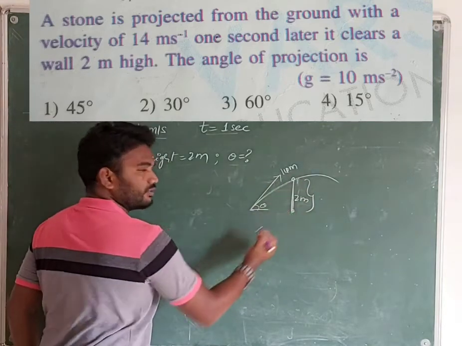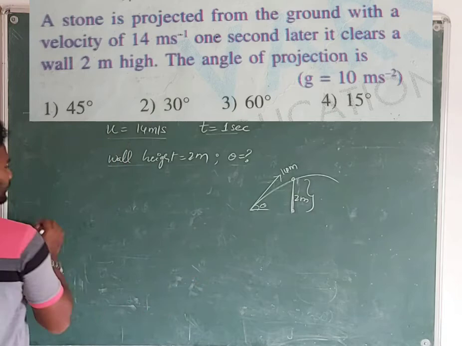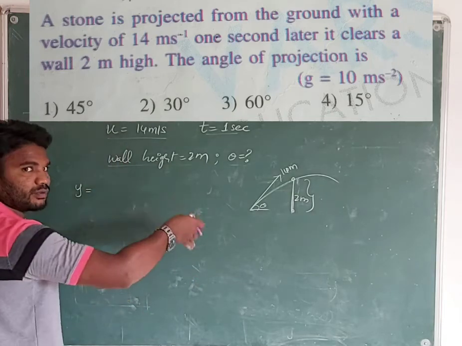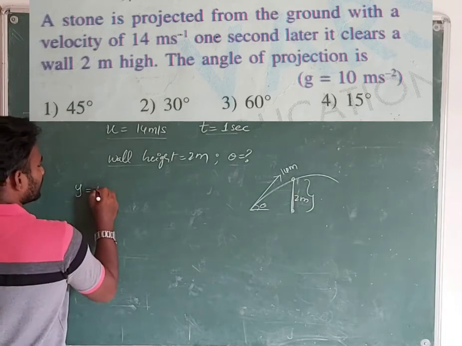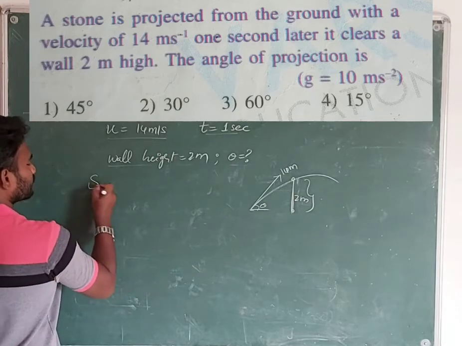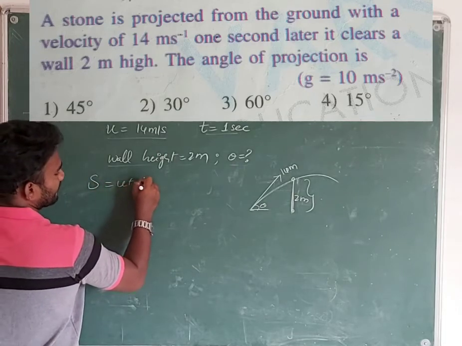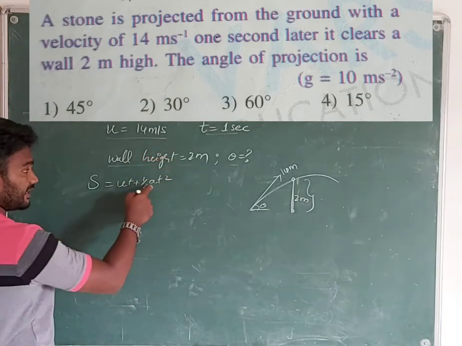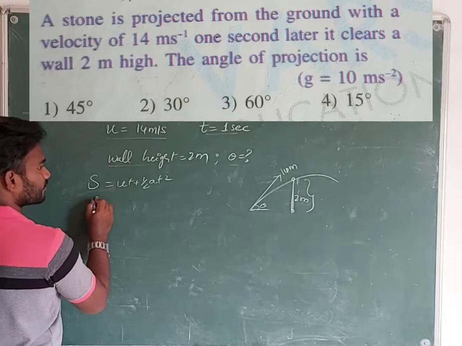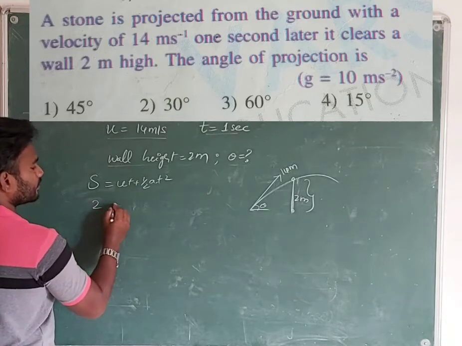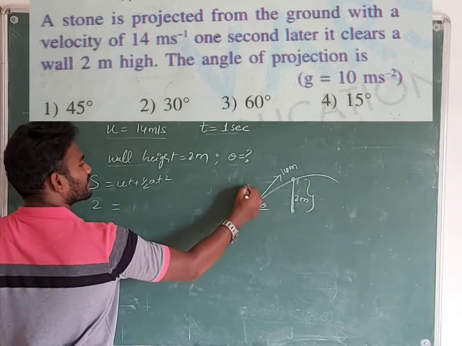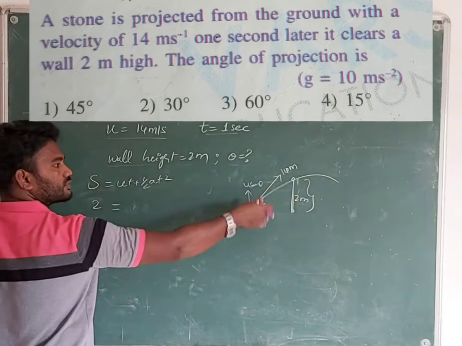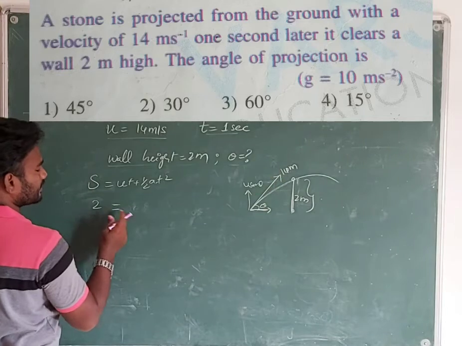Vertical height it has given, no? Fine. Now what we have to do is y is equal to the displacement covered in vertical axis, that is equal to ut. First of all, you need to know s is equal to ut plus half at square formula. It is going upside now, so minus g it will become. Now s is equal to 2 meter. Ut means it will start with u sin theta, students. Why? Because there is no change in u cos theta. Only u sin theta is getting changed. That's why u sin theta you can write.